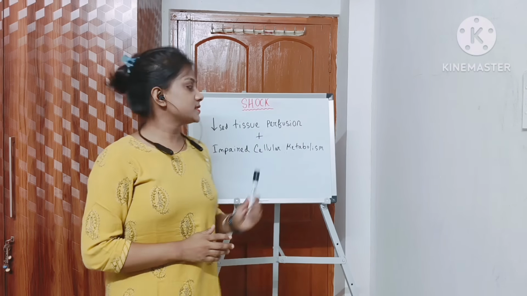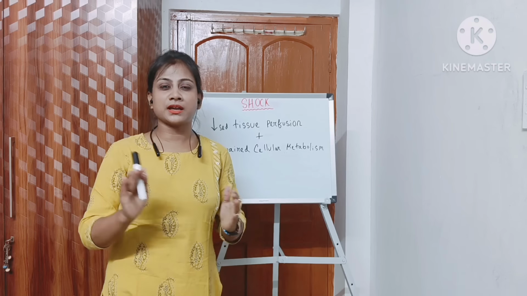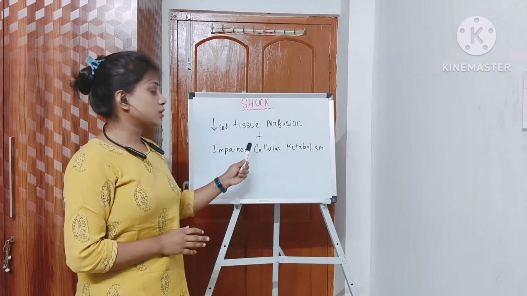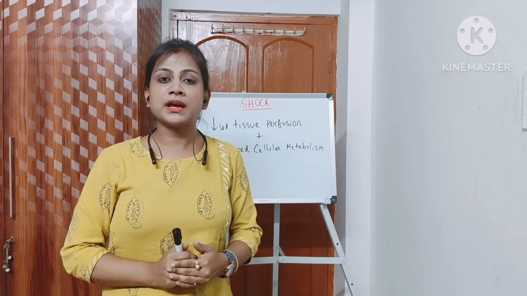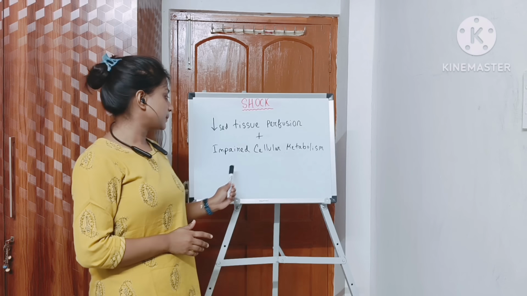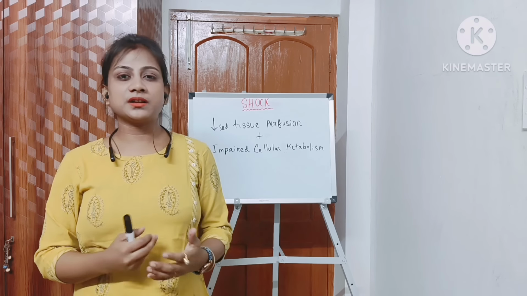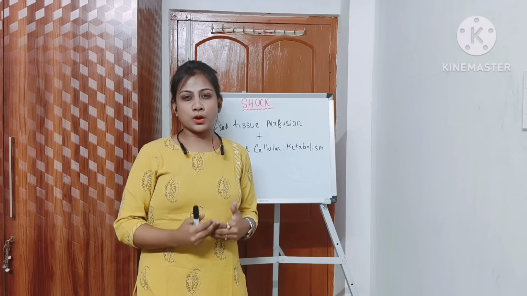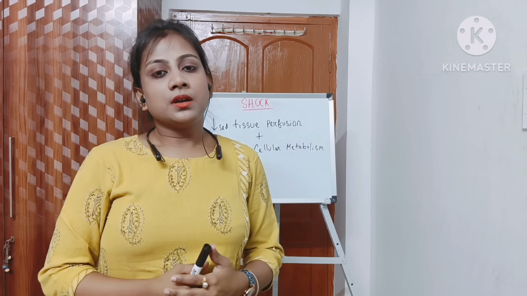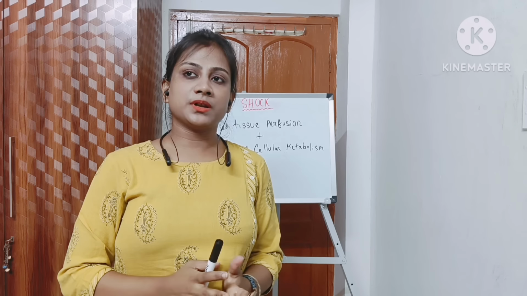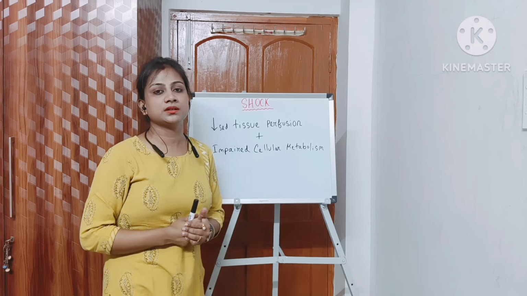So in decreased tissue perfusion, the blood is not reaching in an adequate amount. There is a massive imbalance between oxygen demand and supply, for which there will be impaired cellular metabolism, and the target organs will get affected one by one, and ultimately there will be death if it is not recovered, if we are not assessing it in time and not taking the proper